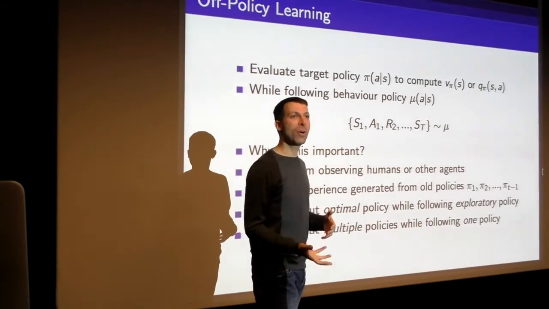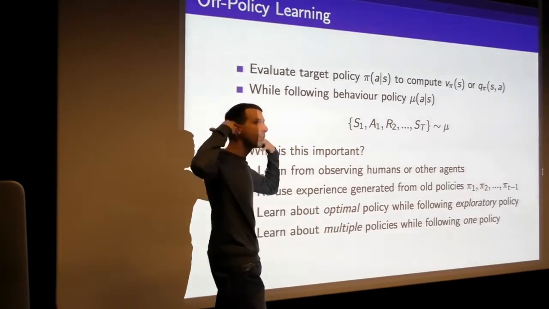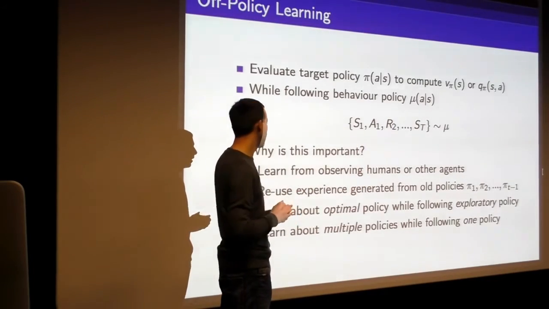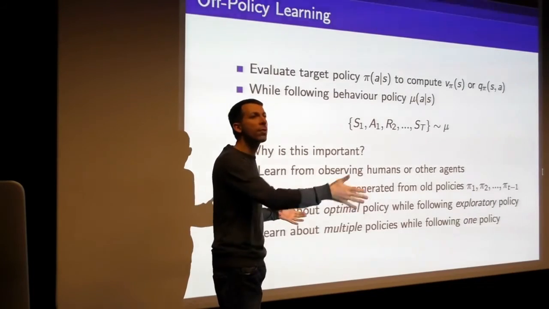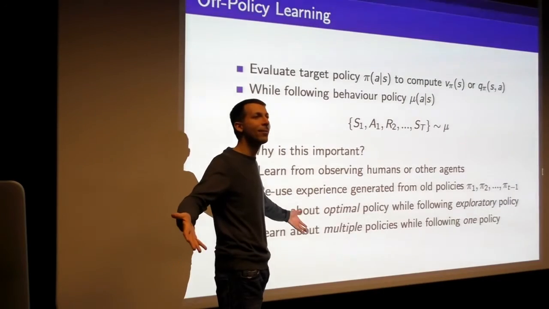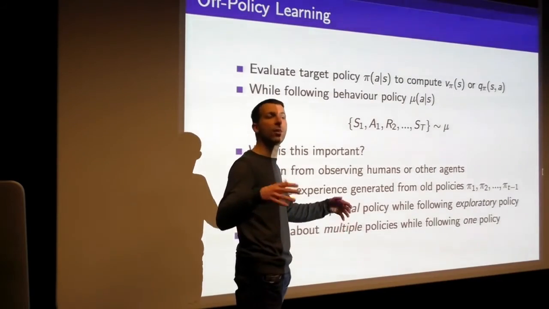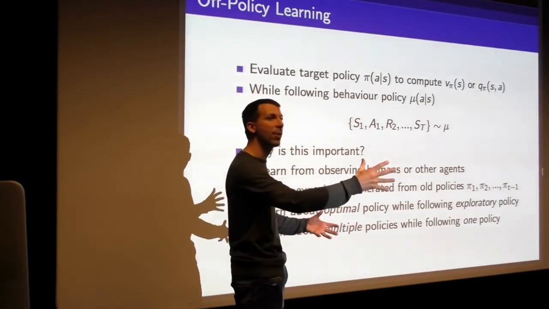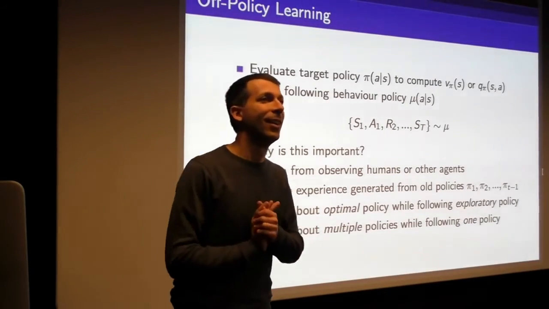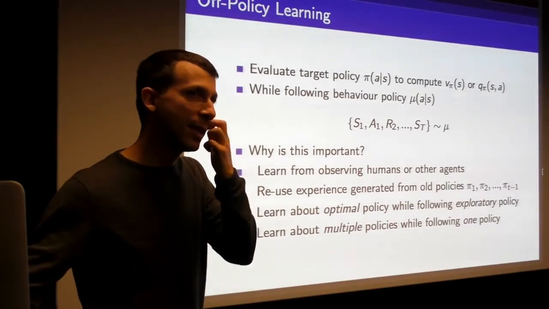But I might also be wondering what would happen if I changed the topic and went back to 3 slides ago. You know, there's all kinds of questions I might be asking about the future, which are conditioned on following different policies. And I want to know what would happen if I followed all of those policies, and I want to learn about them all from one stream. I only get this one stream of data that we call life, and I want to learn about all of these other policies and figure out the answer to all kinds of different conditional questions whilst following that one stream of experience. Okay, these are all reasons to care about off-policy learning. So it's a significant problem, and it's actually a thorny problem for reinforcement learning, as we'll see next class.